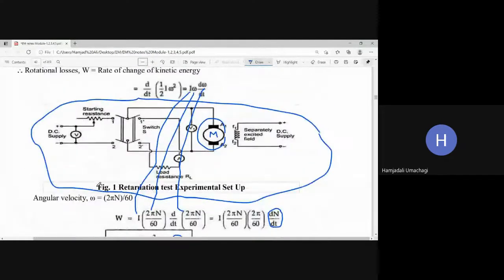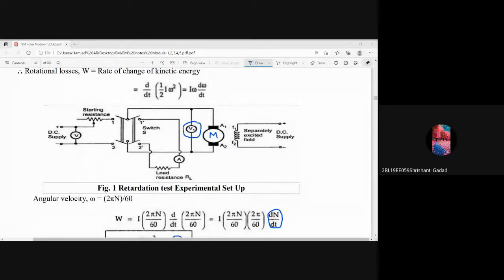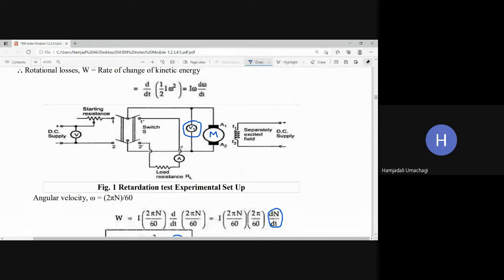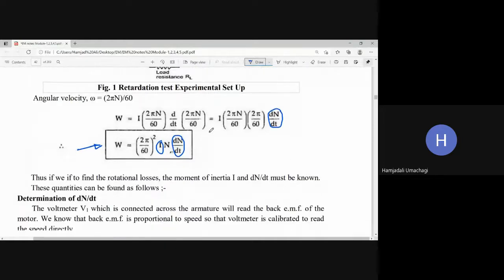As I have told you from the circuit diagram, what is this V1? Yes, this is V1. This is the voltmeter, which is used to read what? Which value are you going to read from that V1? Voltage, sir. Okay, voltage, but I told you this V1 reads back EMF. Very good. So here this V1 reads back EMF, which is nothing but a voltage quantity. So the voltmeter V1 is used in order to read the back EMF.